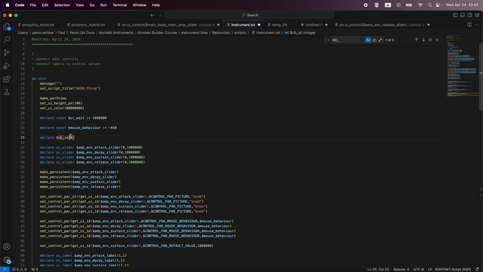And now we have, and it should be, sorry, this is how you declare an array. My apologies. A normal integer variable is declared with a $ sign, and an integer array variable is declared with the percentage sign. This is the kind of stuff that is more manual, so just go to the Kontakt KSP scripting manual and find out for yourself exactly